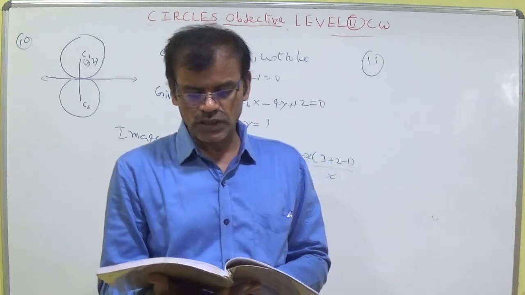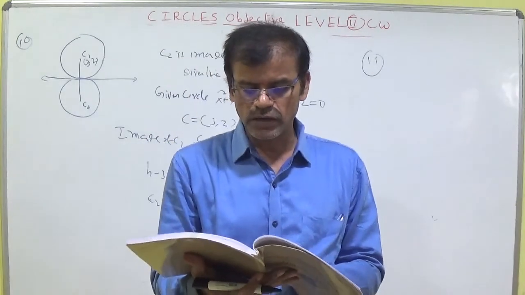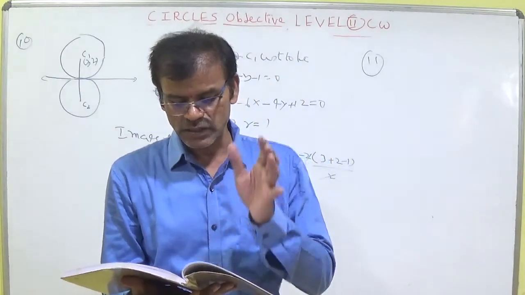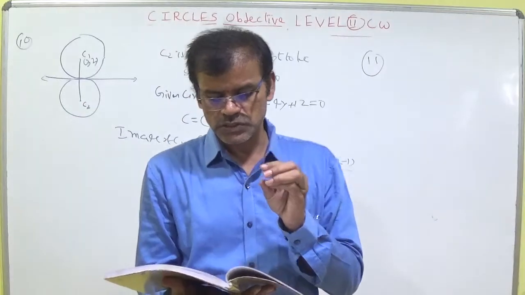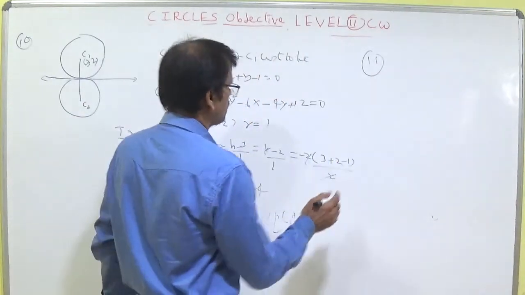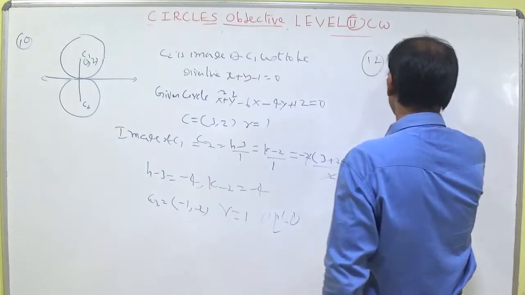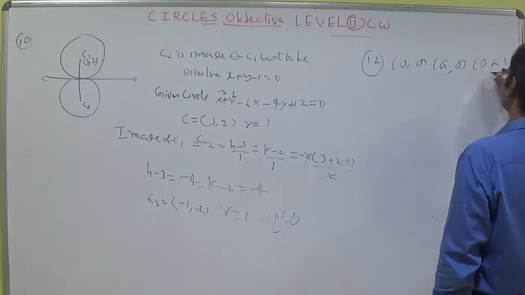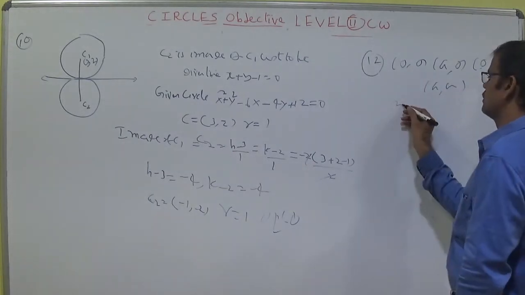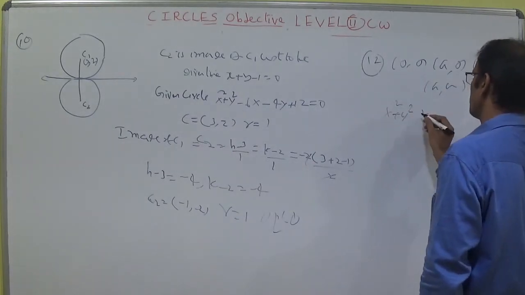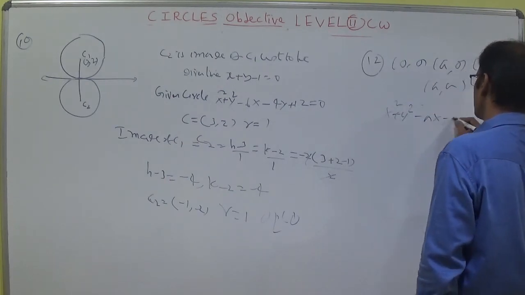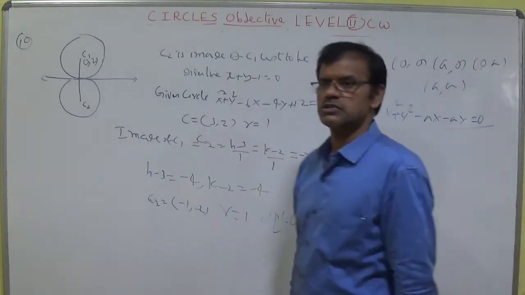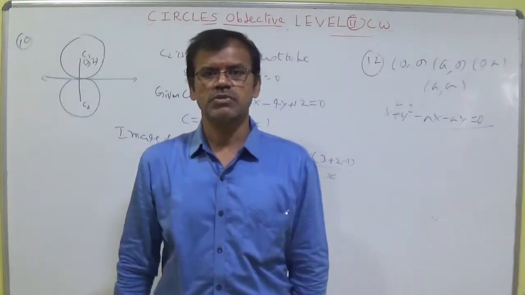And next 12th question, ABCD is a square with side a. AB and AD are taken on the positive coordinate axes. Then the equation of the circle circumscribing the square. Whenever ABCD is a square, he gave. Already I said, I think in IPE, put here the points (0, 0), (a, 0), (0, a) and (a, a). So it is a circle passing through (0, 0) and making intercepts a, a. So the formula is x square plus y square minus ax minus by equal to 0.